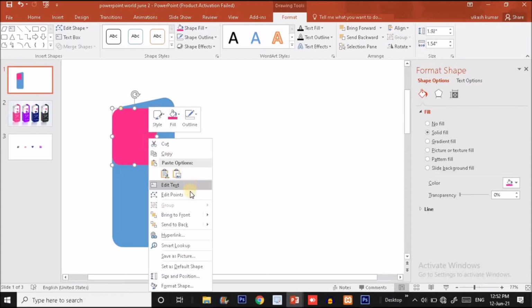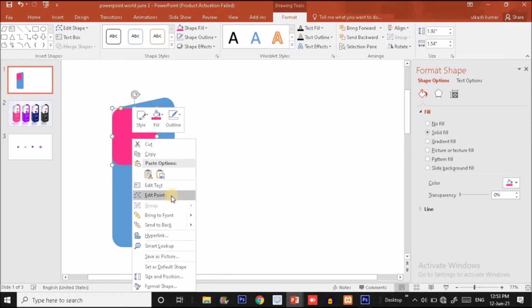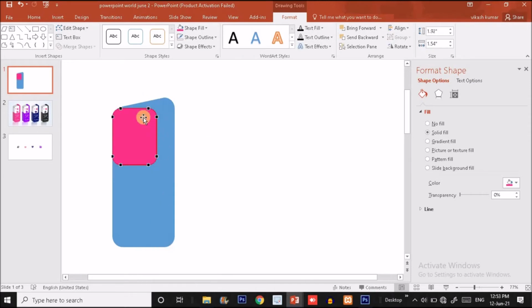Now right click over here, again right click over the pink shape and choose the edit point option. Now I'm going to make changes with the right top two dots. So I'm going to put this dot over here and this dot over here. Now click on this dot and put it over here. Now click on this dot and